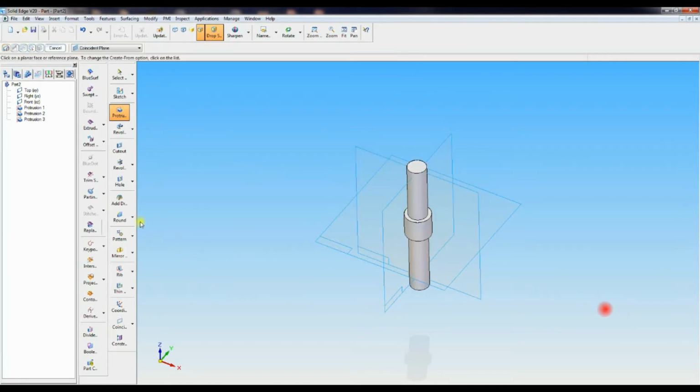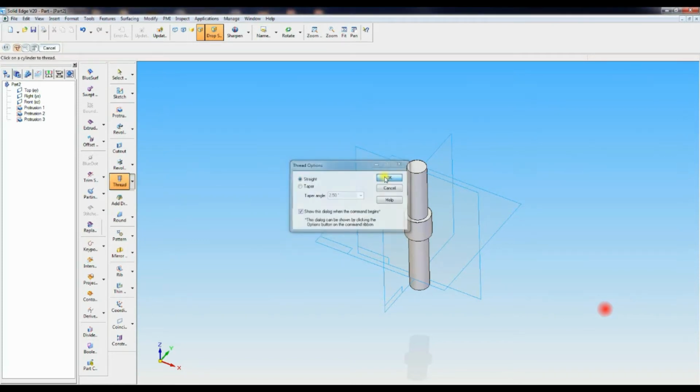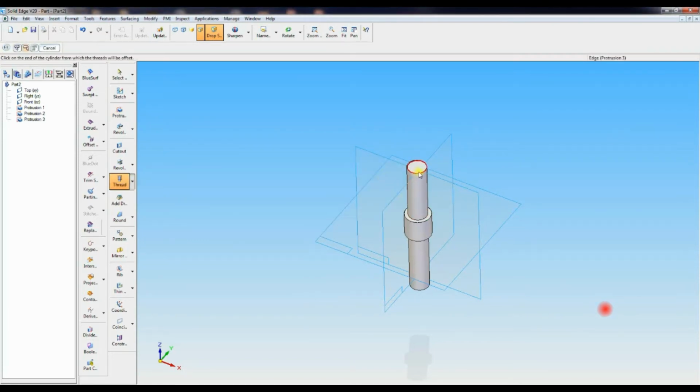Now go to thread, straight, select shank, then select the tip of the circle, go to finite value, so give 35.